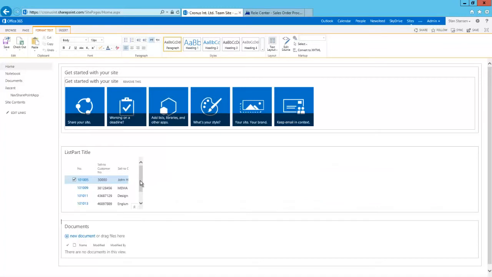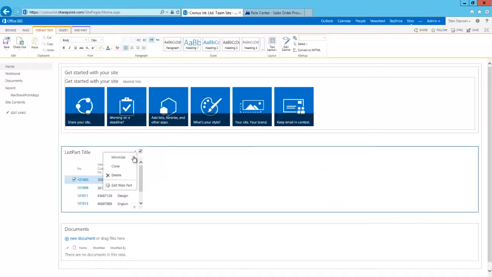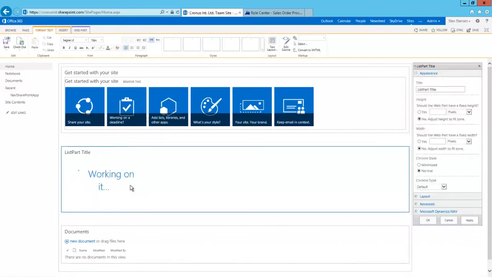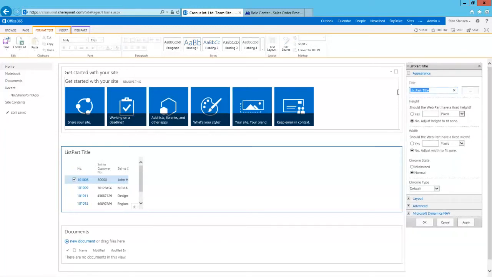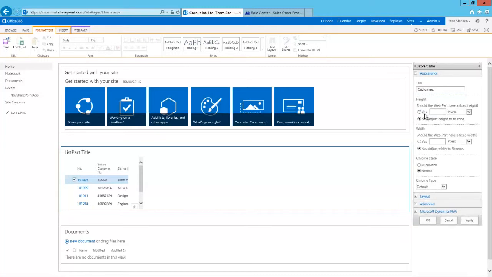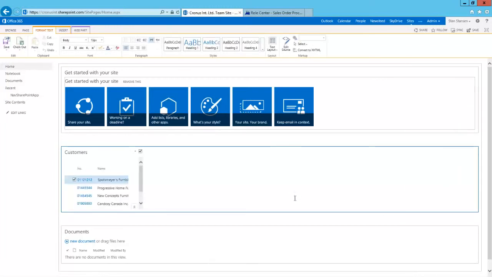Now let's go back to our web part. We can configure it. Let's say we want to show not sales orders but customers. Start by modifying the title and say we can control exactly how big it is, and here's the category that we created with one property in it, which is the page number. So let's replace this with the customer list. Say OK. So now it is showing customers, and we can save.